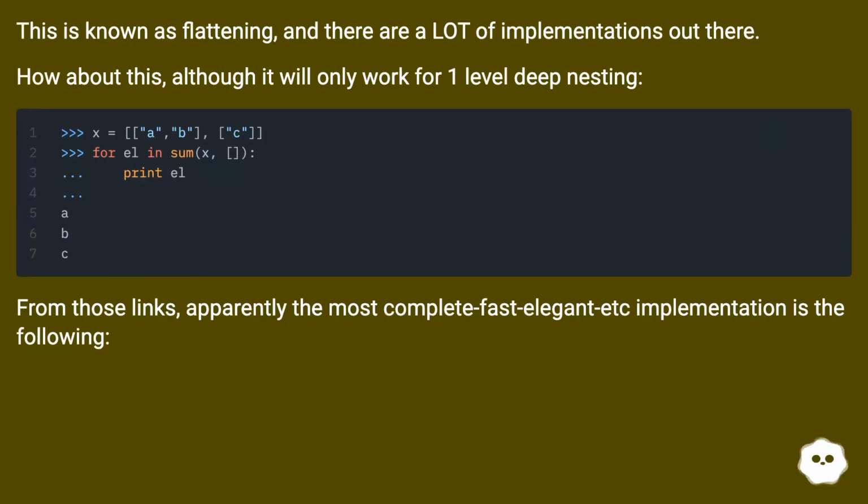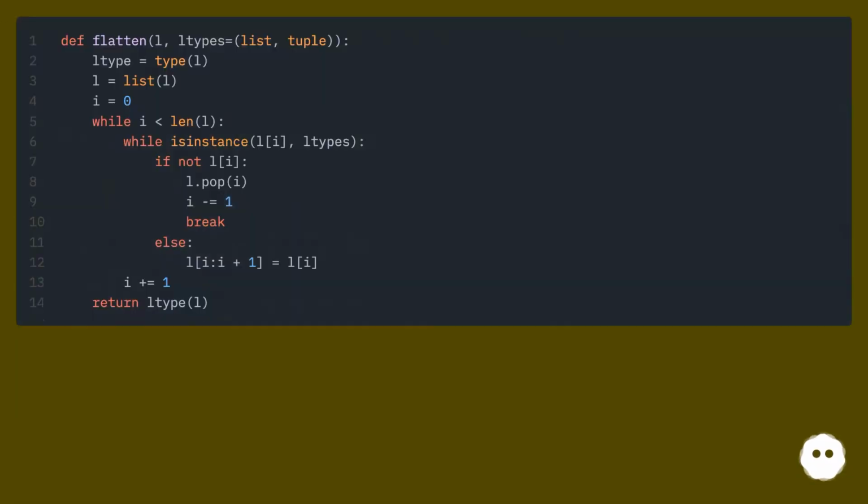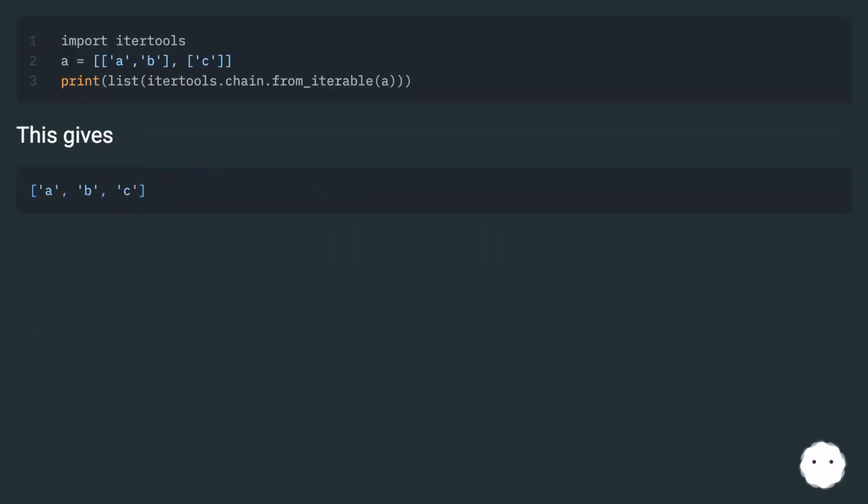This is known as flattening, and there are a lot of implementations out there. How about this, although it will only work for one level deep nesting? From those links, apparently the most complete, fast, elegant, etc. implementation is the following. This gives